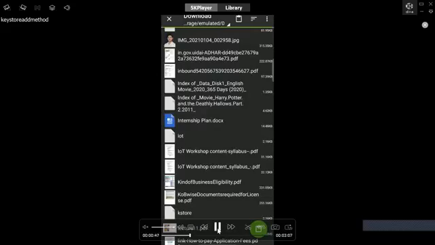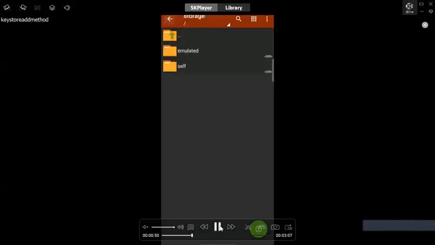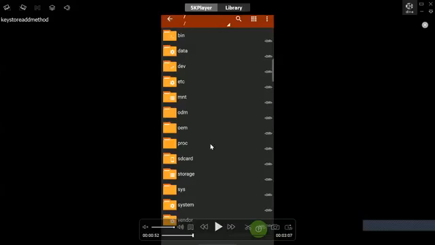I have copied this key store. Now I press back at the top left. Just click on it until you find this menu, and inside this menu you will find SD card at the bottom. Here, SD card.